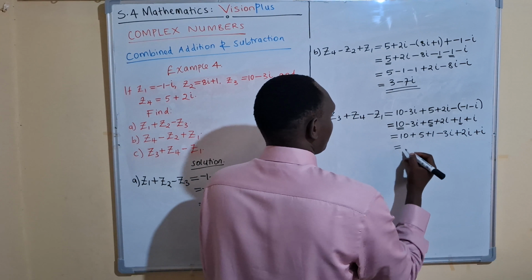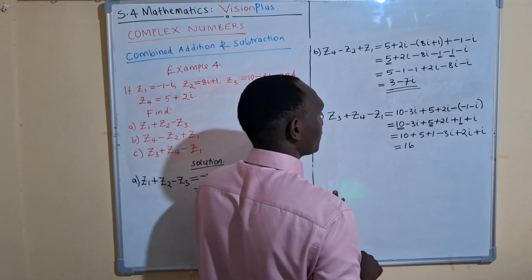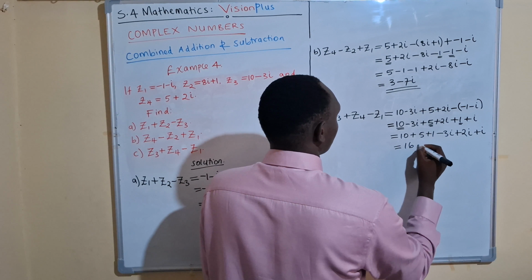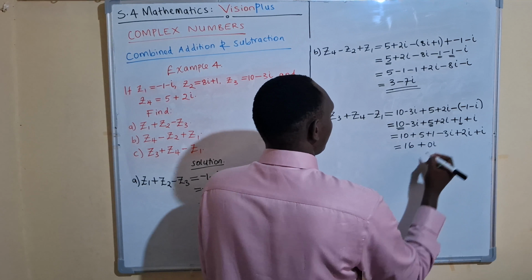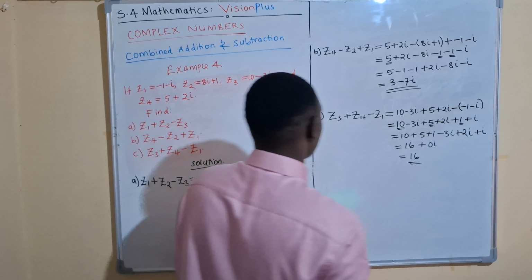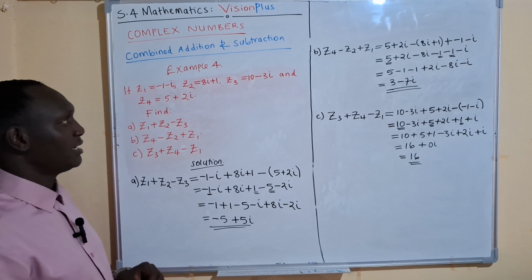What is 10 plus 5 plus 1? 16. -3i plus 2i is negative i. Negative i plus i is 0. That is simply 0i. And that gives us the answer as 16. So the solution to example 4 is, as we have seen,